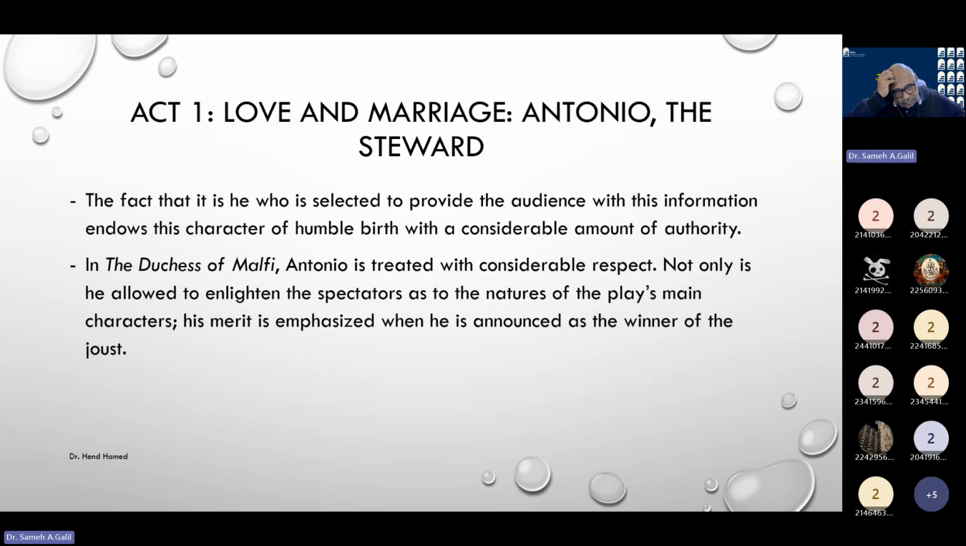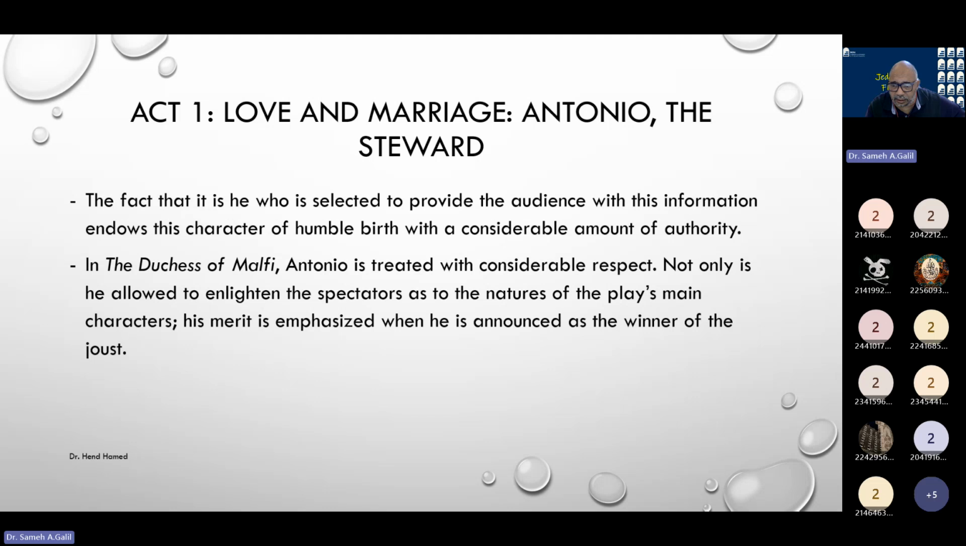So the fact that it is he who is selected to provide the audience with information about different characters would give you the opportunity to see him fully and to see his qualifications in judgment and assessment. Antonio is also treated with considerable respect. Not only is he allowed to enlighten the spectators as to the natures of the play's main characters,